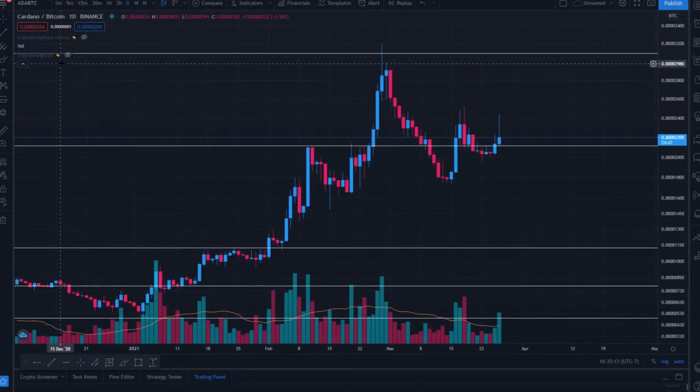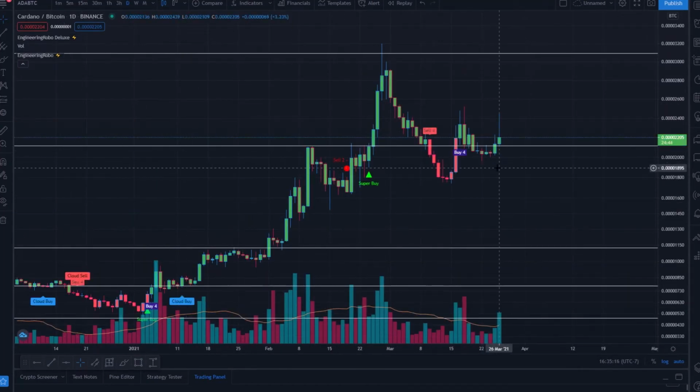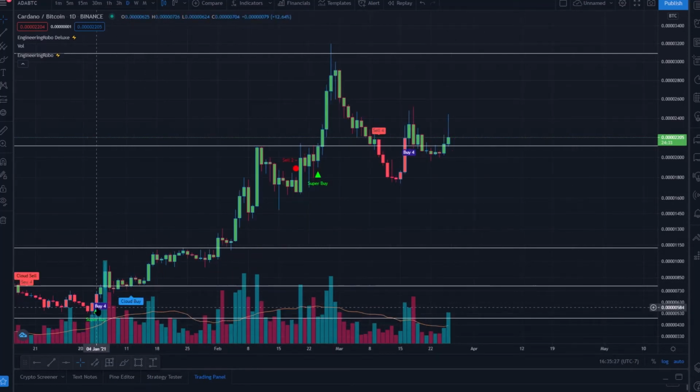When we look at Cardano against Bitcoin with EngineeringRobo, super buy 4, cloud buy at the beginning of January to support the upward movement that we had, the gains we had against Bitcoin. Sell 2, sell 3 was present, but the cloud buy 4, super buy held significance. I still believe this sell 2, sell 3 is something we should keep in mind at this level. This is the range I believe it's affecting. Super buy to pump us back up past this